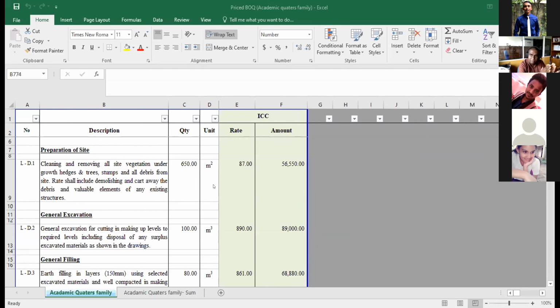WBS is not something separate from BOQ. WBS is the structure of the BOQ itself for these kind of projects. It's easier to manage like that. Can you draw it like that? So LD1 is the first activity under excavation and earthwork. Right? Can somebody else share the work breakdown structure, prepared according to that structure?